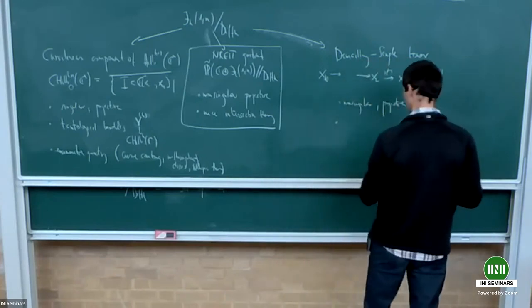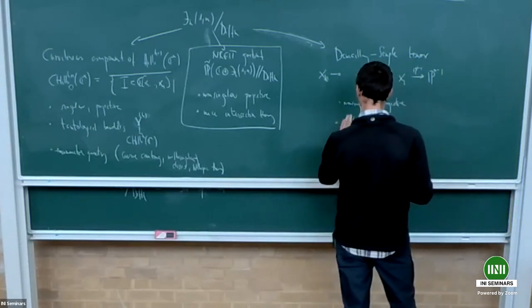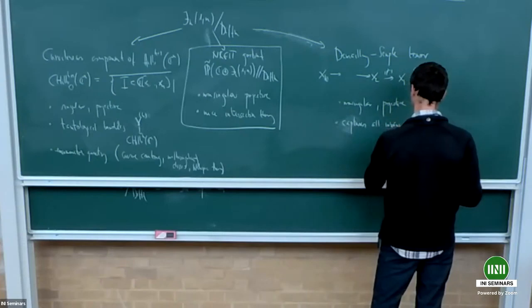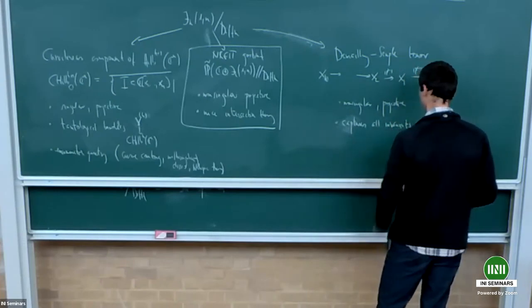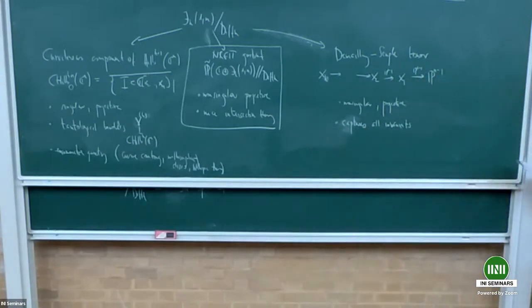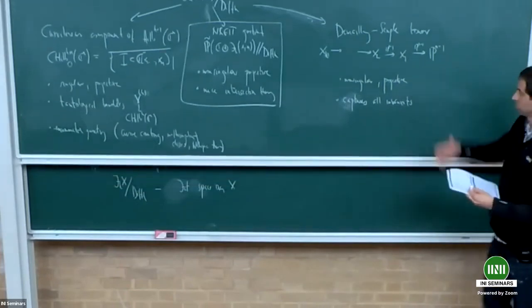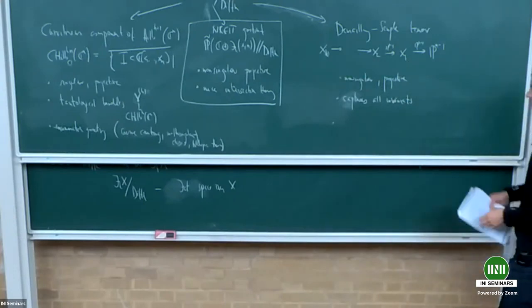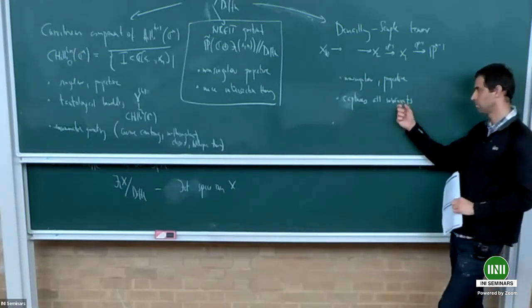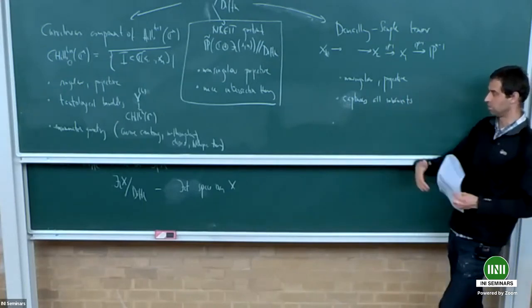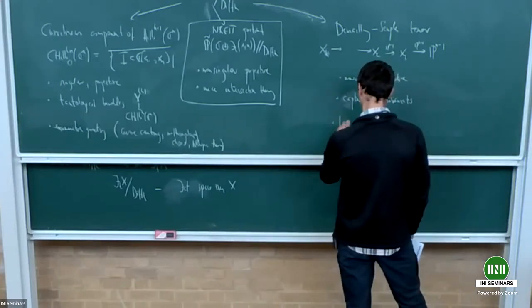It captures, and that's very interesting, it's important that it captures all invariants in some sense. I will not explain what I mean by that. But the problem is that the integral formula, the intersection theory of this is also nice, right? Because it's just a power of projective bundles. But since it actually captures too many invariants, it becomes less efficient if you come to some sort of tautological integral. So it's basically less efficient